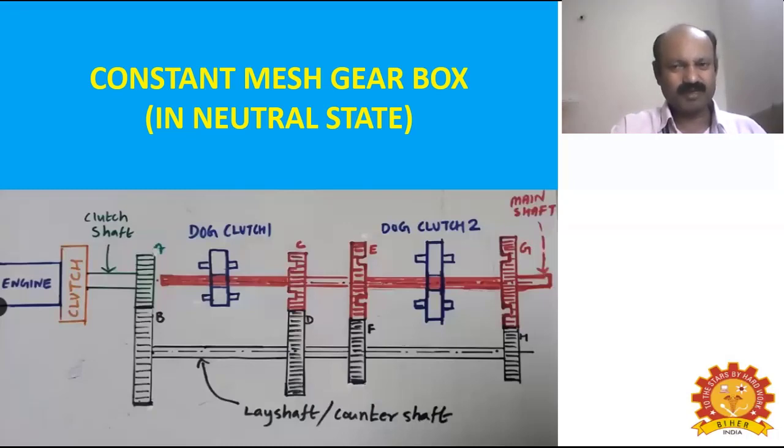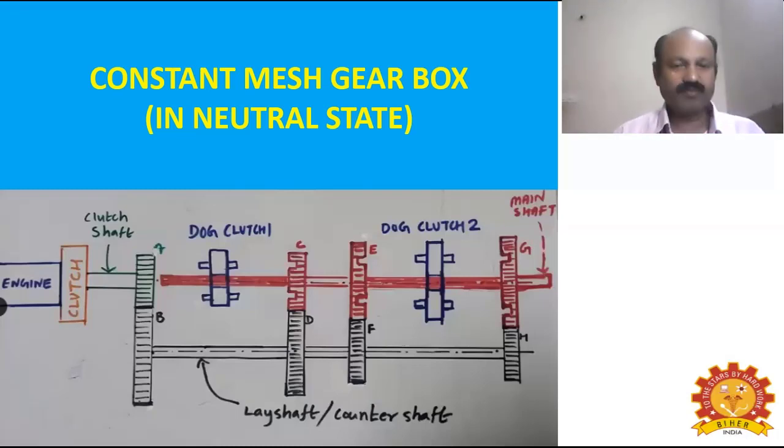That is, the gearbox output shaft is also rotating with the same speed as that of the engine. Okay, so if the engine is rotating at 4000 rpm, then your dog clutch also will be rotating at 4000, which means the main shaft is also rotating at the same 4000 rpm. So you get a speed ratio, or gear ratio, of 1, the same speed as that of the engine. The main shaft, which I am calling the gearbox output shaft, is made to rotate. In this way, here also you can get 4 different varieties of output speed.